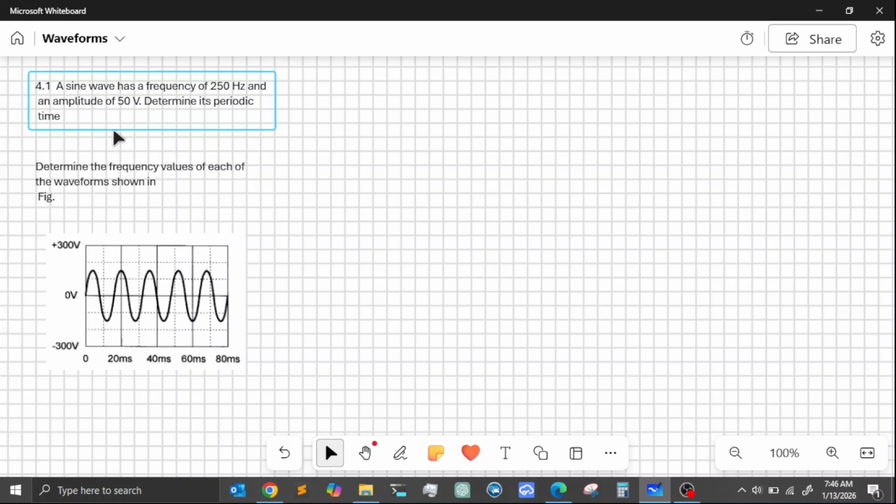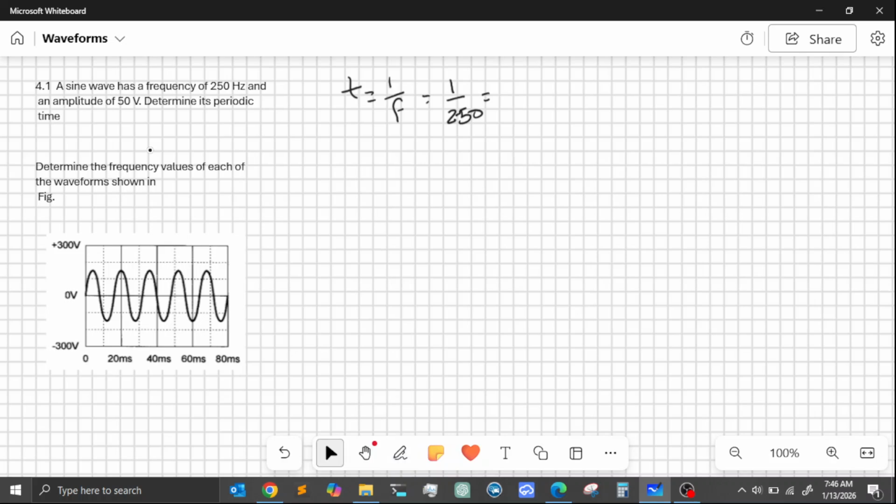Determine the periodic time. So the formula is the period T equals the inverse of the frequency. So this should be equal to 1 over 250 hertz,